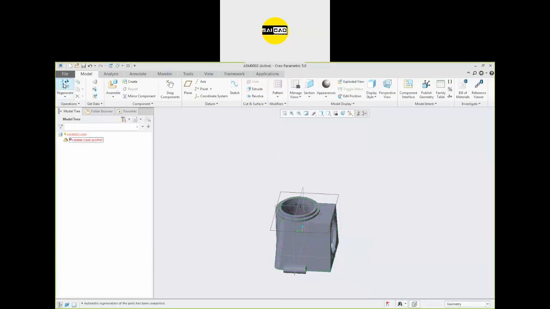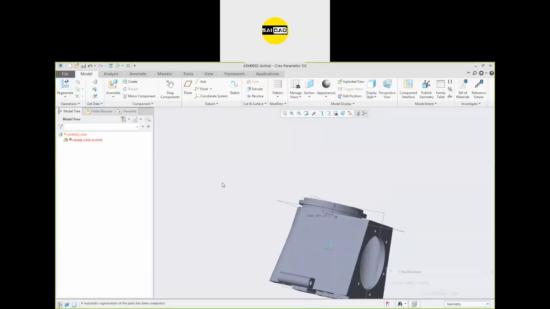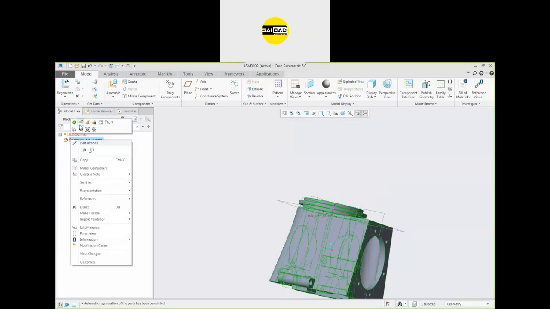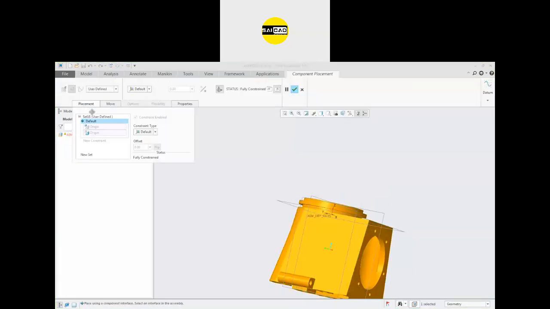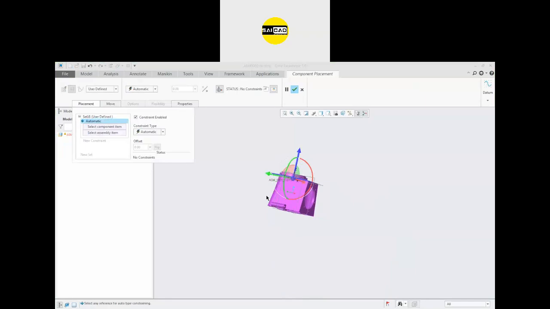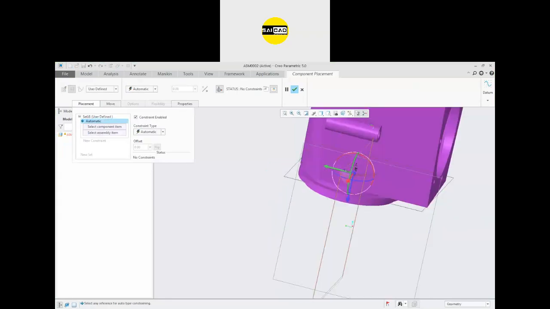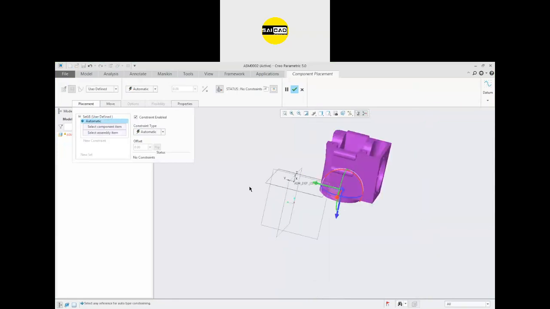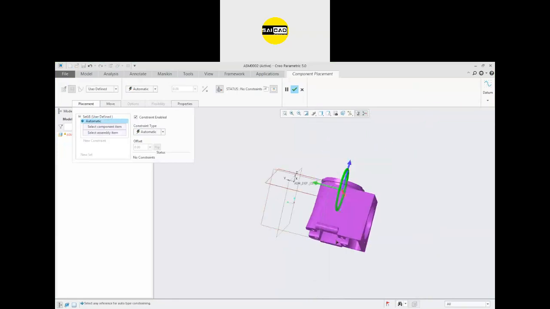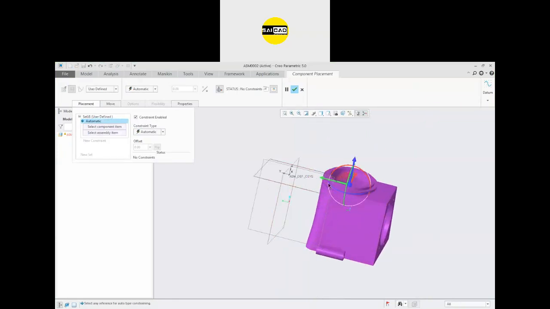So just regenerate once. If the error remains, just go to the edit, go to the placement, remove the default. Here I'm just going to define some relations manually.